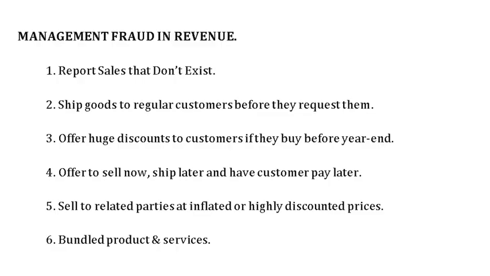Number 5, the company sells inventory to related parties. And because it's a related party, they can work out a special deal with each other, which means a sale, instead of being at a market price, might be at an inflated price to drive up reported sales and profits. Or alternatively, they might sell to the related party at highly discounted prices. The key is, because they're a related party, you don't have an arm's length transaction and you can't trust the prices that it's being sold at. So the auditor really needs to look closely at related party transactions, and they usually need significant disclosure in the footnotes.